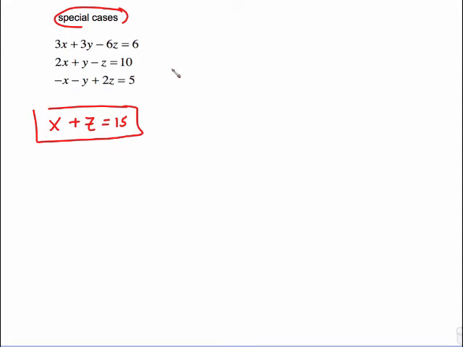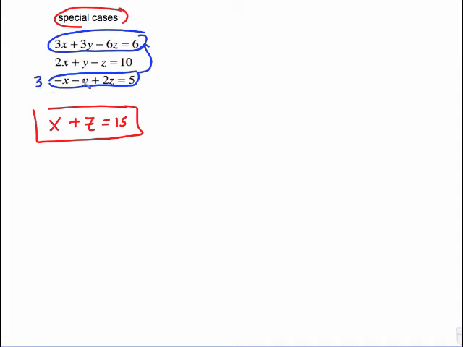I need to eliminate y again. And what I'd like to do is take this equation and this equation. And you might say, why would I do that? Well, the y's here already have opposite signs, so that just makes it a teeny bit easier. So multiply this by 3